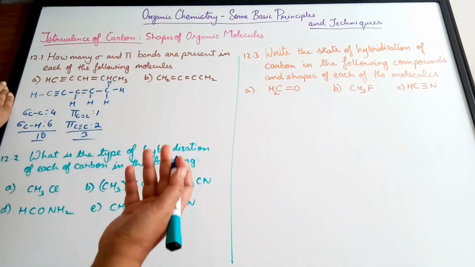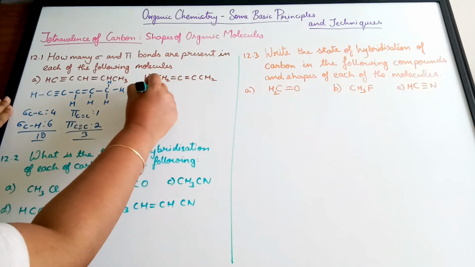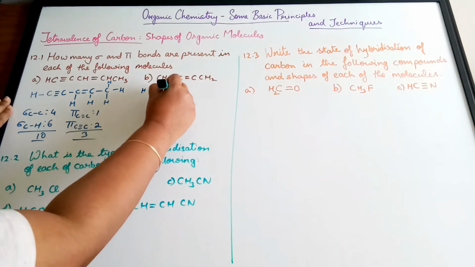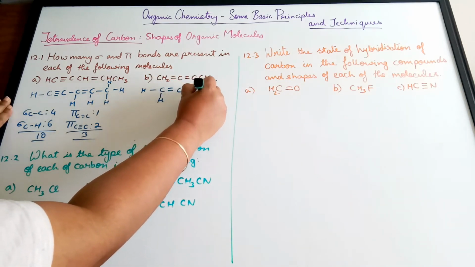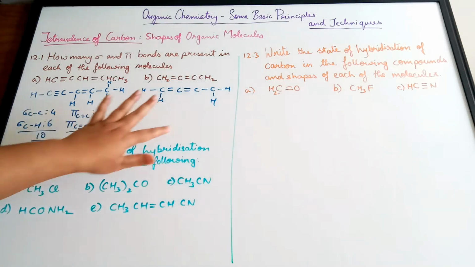Let's look at this structure. Again, it's up to you. If you are comfortable enough with directly writing it, it's completely fine. But I feel like since you're starting to learn about organic chemistry and all of that, it might be easier if you opened up the structure. So CH2 double bond C double bond C CH2. Okay, so